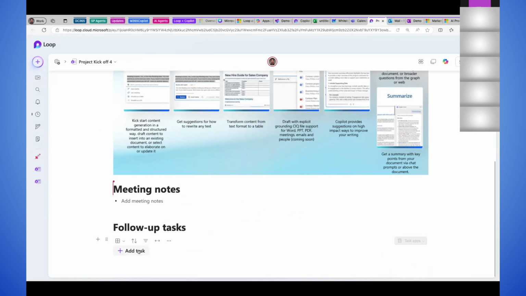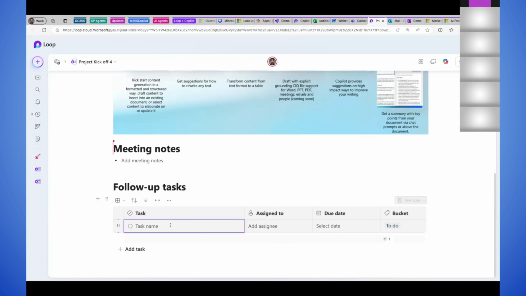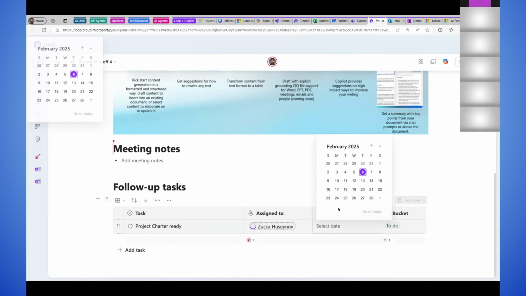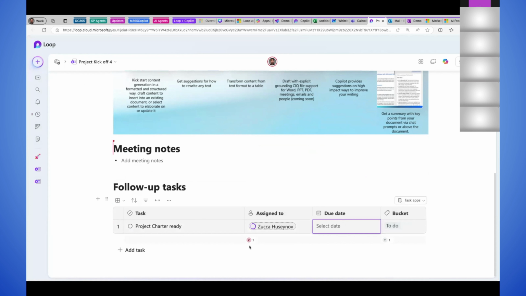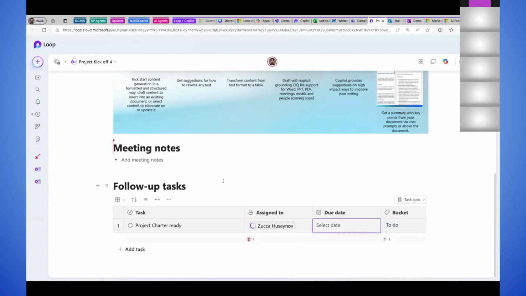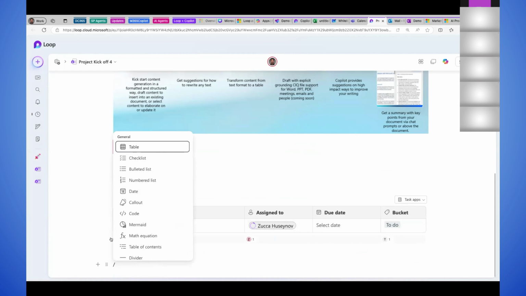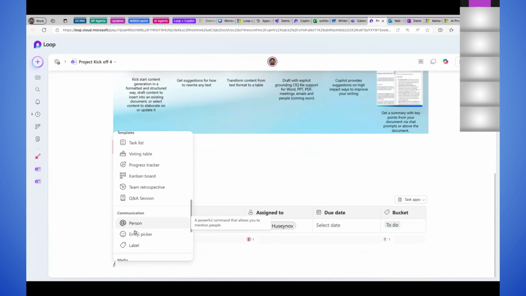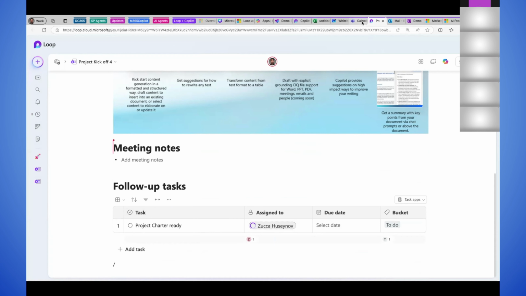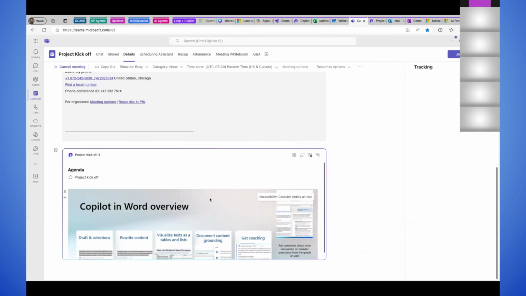And you know what? Before the meeting, you can actually assign tasks, saying project charter ready, assign tasks, due date, and to do. So as you can see, we have one page, but we can add as much information as we want. You see all these different components are here. But let's say we just joined the call. Hope this will work because we are right now in the call using Zoom. So if I click Zoom, join,